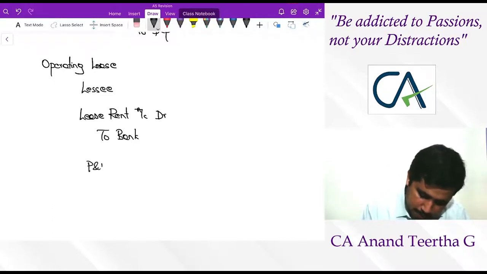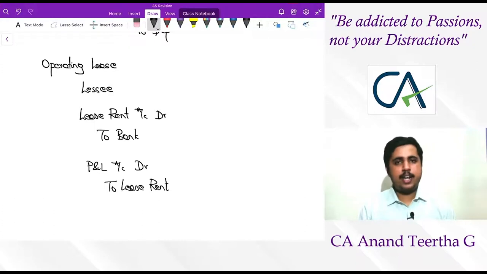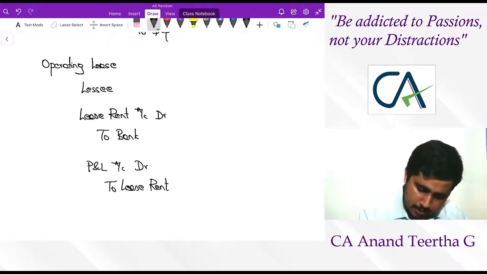So P&L account debit to lease rent. This is how you will deal with lease rentals in the operating lease. It's very simple. As I've said, the entire lease rentals will be your expense. Now if it is lessor books,